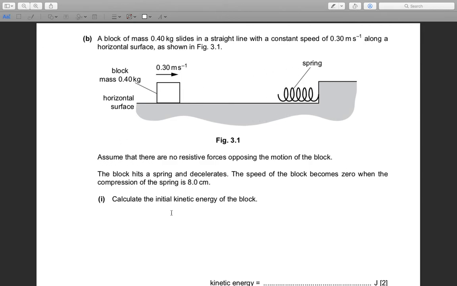Assume that there are no resistive forces opposing the motion of the block. The block hits the spring and decelerates; the speed of the block is zero when the compression of the spring is 8 centimeters. Calculate the initial kinetic energy. Okay, kinetic energy is